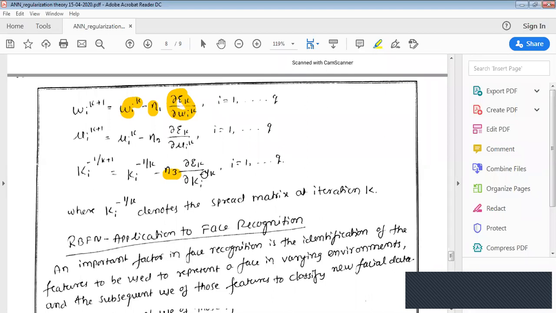So by changing the weight vector, the center and the spreading, we are going to get the final value which gets us to a particular error. That is, the error gets minimized after the kth iteration. So each time our centers are varied, weights are varied, and the spreading is also varied. This makes this RBFN more complex when compared to the linear algorithms which I studied in the previous case. Okay.